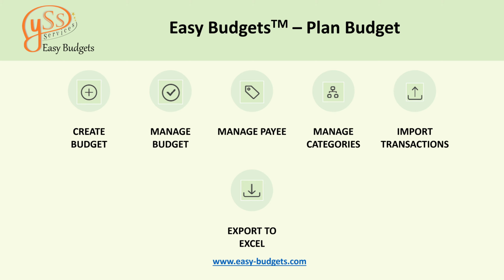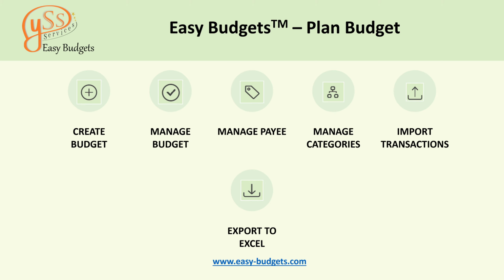Manage budget. Manage budget has functionality that will allow you to allocate funds to the category and subcategory of items. It will allow you to add transactions and also track your expenses and savings that you have done on those category and subcategory of items. Manage payee will allow you to add payee, edit payee, delete payee, change a payee name, and view list of payees associated to the transactions pertaining to a budget.